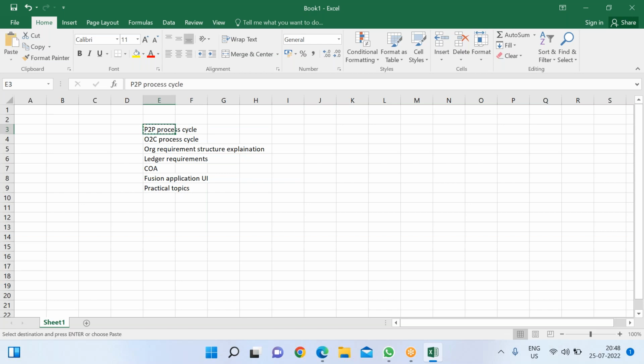I'll start this P2P and O2C discussion now. To get a functional job, you need more business knowledge than accounting knowledge. Accounting knowledge is required, but if you understand the basics, that is enough: debit and credit accounts, why we account for a transaction when it happens, and what the output of accounts data is. If you know these basics, that is enough. You don't need to know it the way an accountant does,